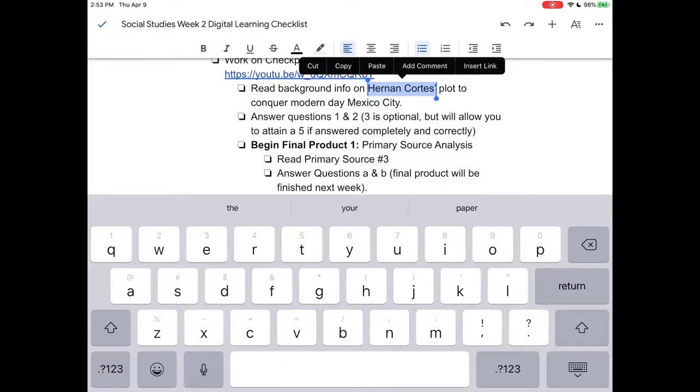Essentially to send a message to anyone who wanted to challenge Spain that they were the most powerful empire in the world. And we kind of saw the true story, why Spain was actually expanding into the New World. It wasn't a mission to save anyone, it was a mission to expand their power. And we also read a primary source.